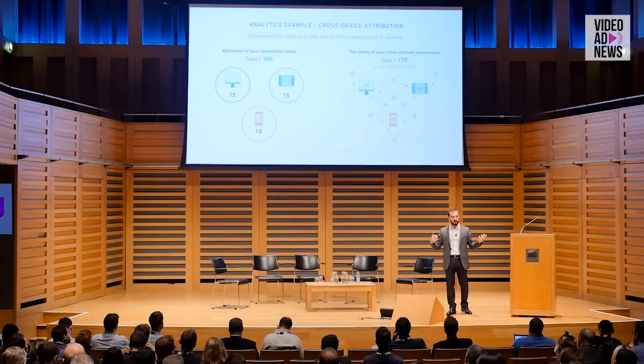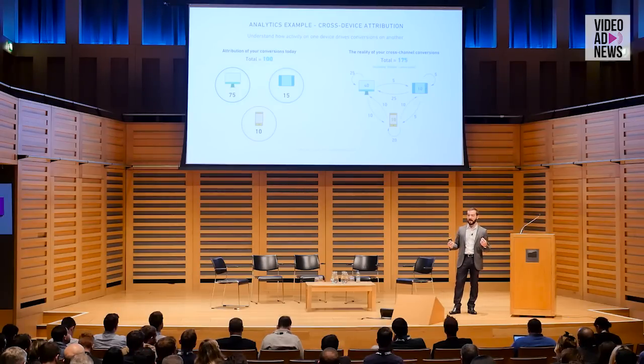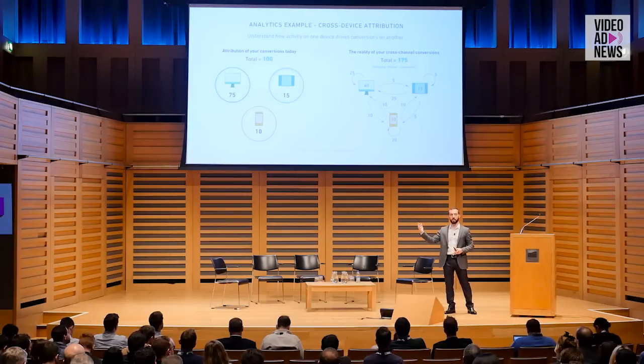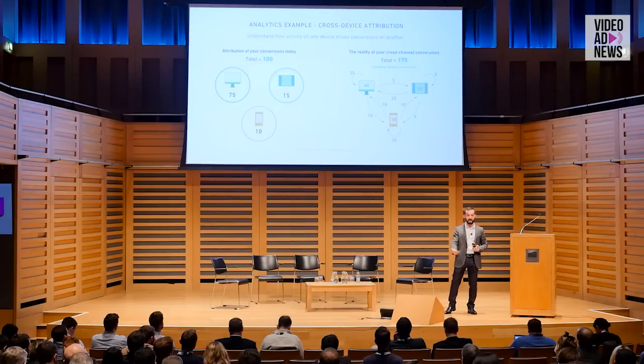The reality is more complex than that. The reality is an interplay of devices. So the originating device for the impression or the interaction, and then the converting device. And what you will find is, A, you better understand that relationship, and you can use that understanding to drive further optimization, right? So if you know that people that engage with your mobile app are more likely to convert on desktop this month, just organically, next month you're going to have a bigger mobile app prospecting campaign, so you can drive more of those desktop conversions.